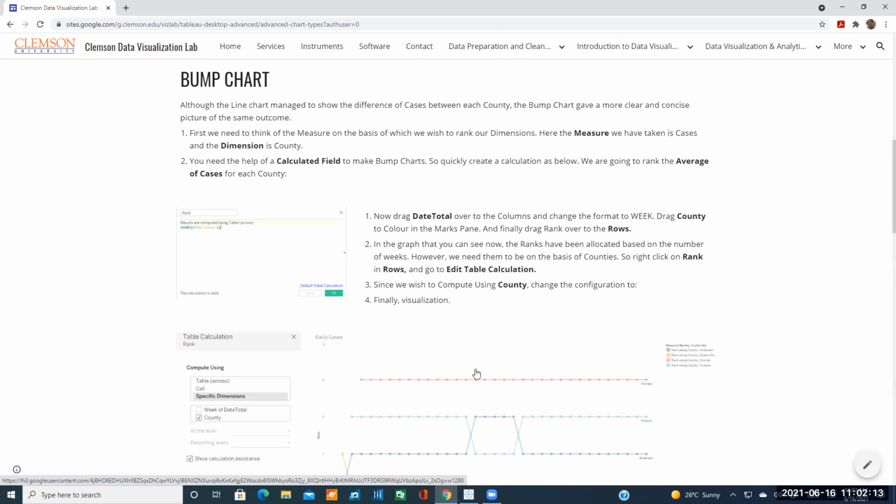As I said, it's just a line chart that is managed to show the difference of cases between each county, and it gives us a clearer picture of what's the rank of, for example, different data points that we have over time. Here, the one that we want to use for the ranking is cases, and the dimension to break it down is the county. So in order to create a rank, we could just